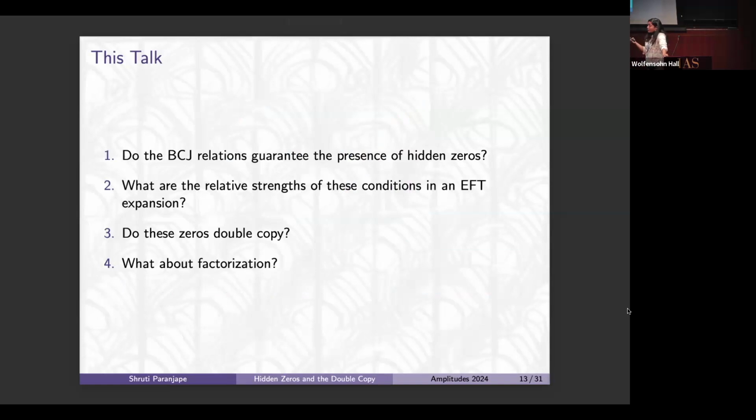So in the sense of constructing an effective field theory with these properties, what are the relative strengths of these properties? And then finally, what about factorization? And there's a lot of very recent exciting papers on point number 4. But okay, let's start with the first